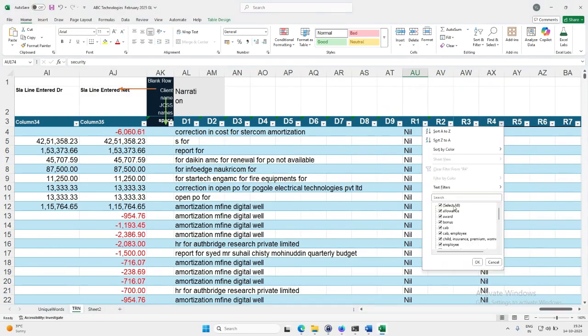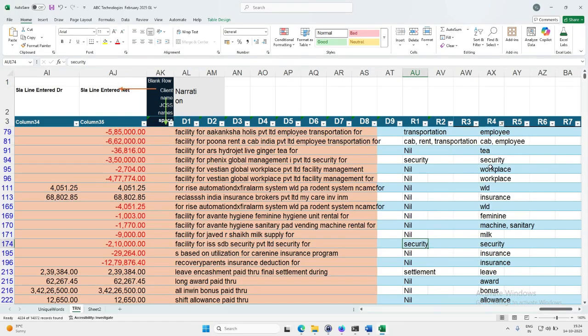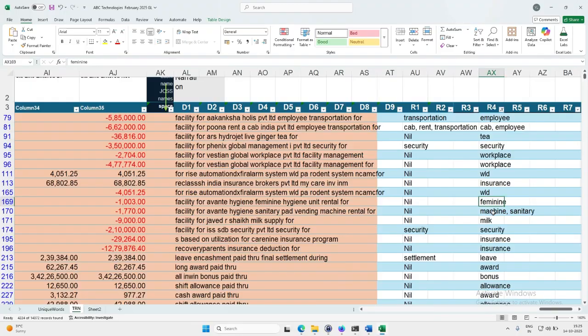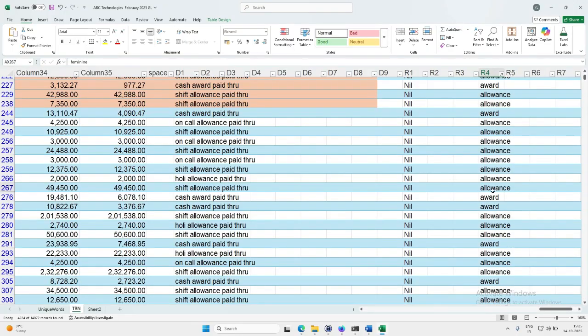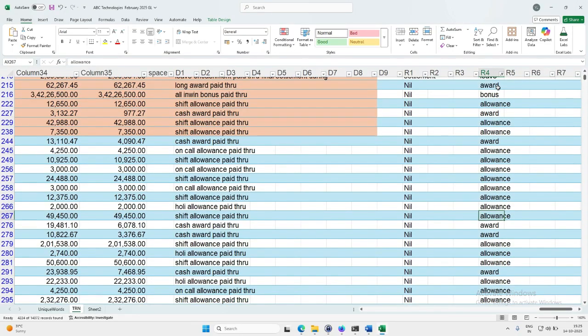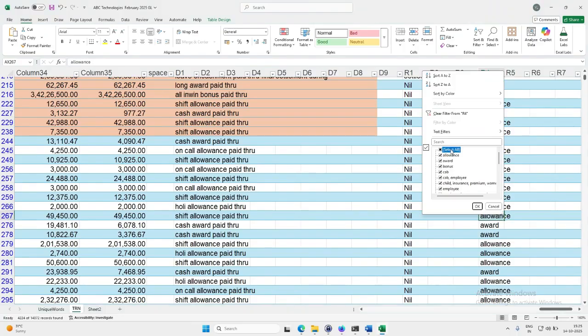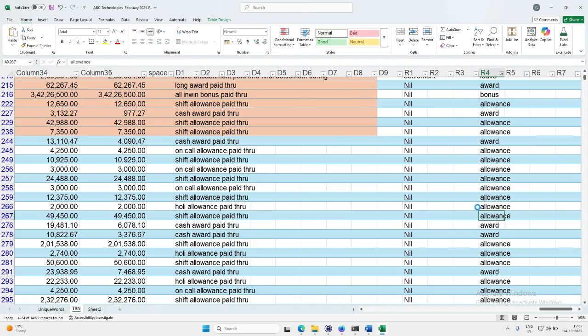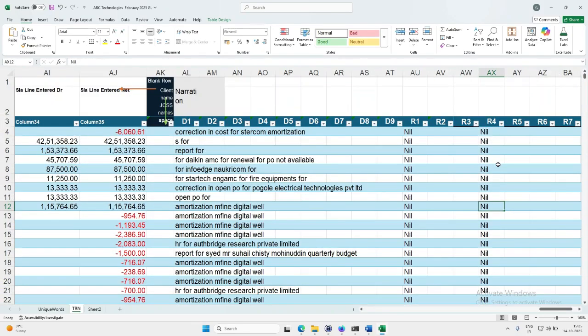If we click other than nil, like tea, cab, wood, insurance, feminine. These are the words which potentially indicate that the transaction may be hit by section 17 subsection 5, where input tax credit is not